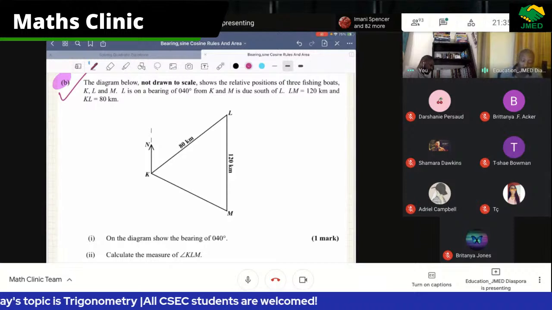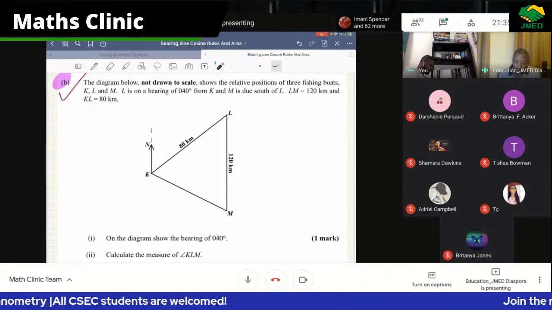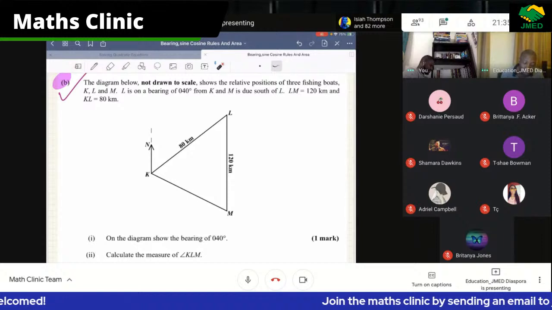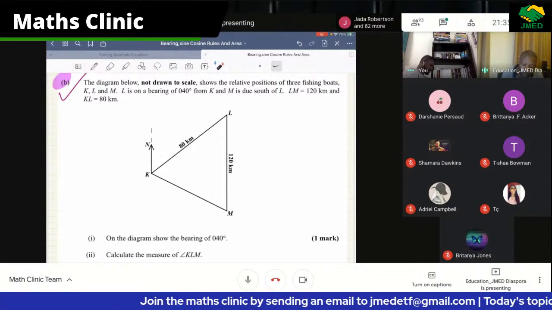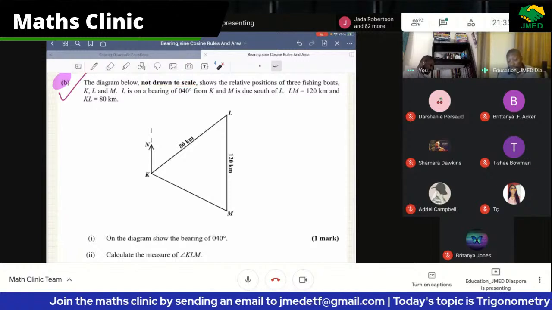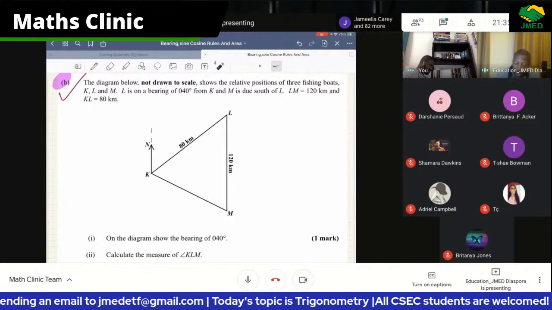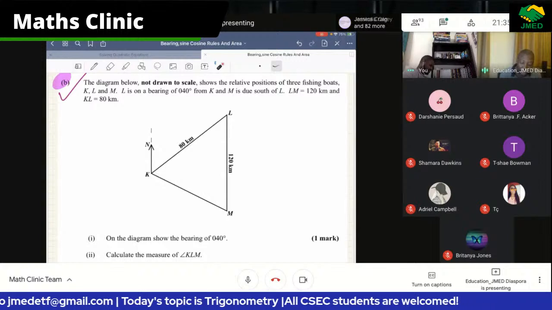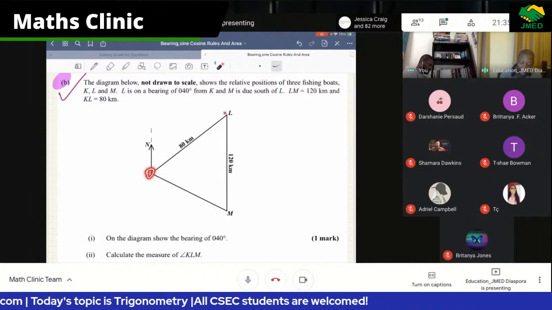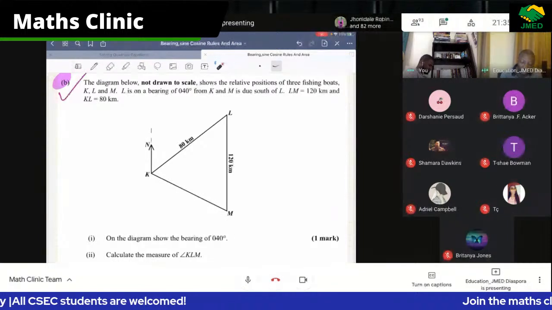So let's look at this first question, and I'll see if I can work this through with you. It says the diagram below is not drawn to scale, and that's awesome when they say not drawn to scale, so you can't put a protractor to it. It shows the relative position of 3 fishing boats, K, L, and M. So these are fishing boats. L is on a bearing of 040